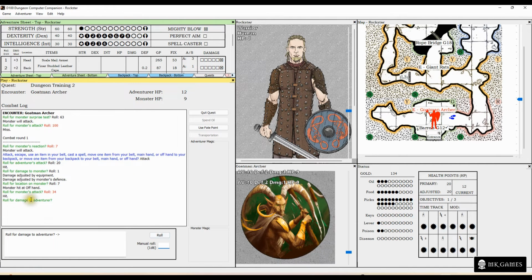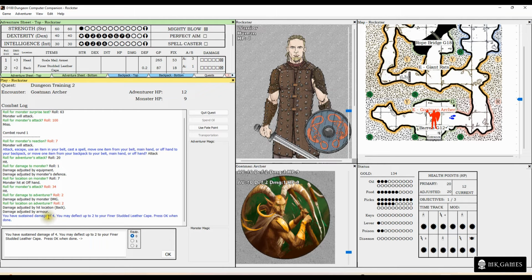Okay, so we've rolled, the monster's rolled 34, which is a hit. We're going to roll for damage to my adventurer, and we've rolled a 2. It's adjusted by +1 for the monster's damage roll, damage ability. Okay, it's hit me in the back, so I've sustained 4 points of damage, and I may deflect up to